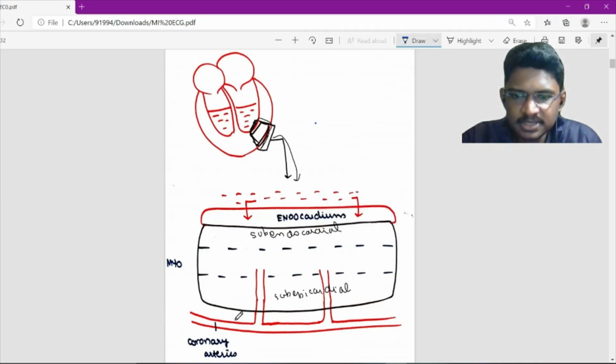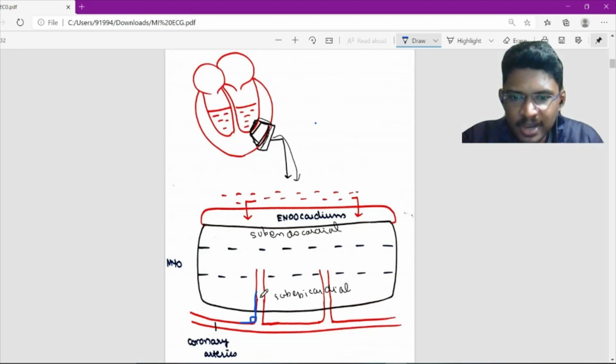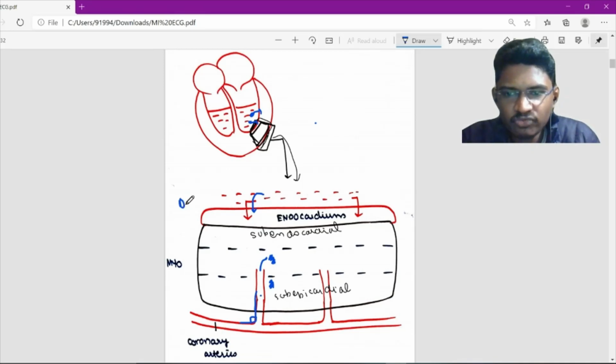The coronary blood supply actually enters the myocardium in a perpendicular direction, at right angles to the myocardium, and as we know, the blood flow to the myocardium is mostly during diastole. It does go in systole also, but the maximum portion goes during diastole when the heart relaxes. Blood flow to the subepicardial and myocardial portions is supplied by the coronary arteries, and blood supply to the endocardium is supplied by the blood in the blood chambers. They enter through and supply the endocardium by the simple process of diffusion.